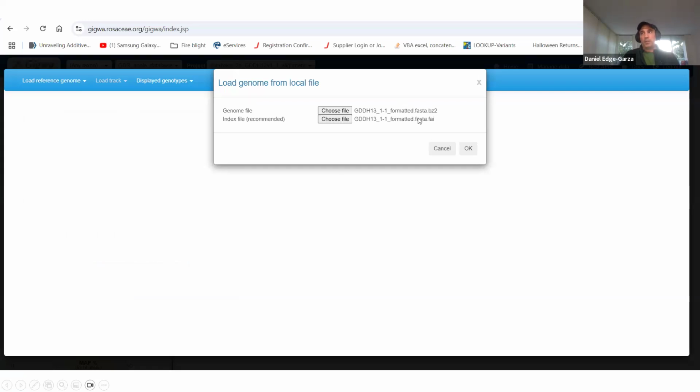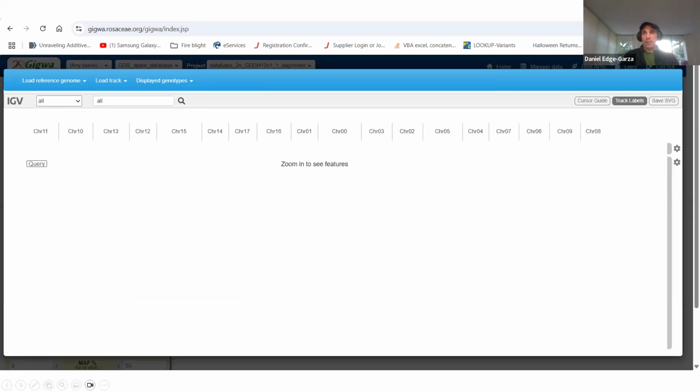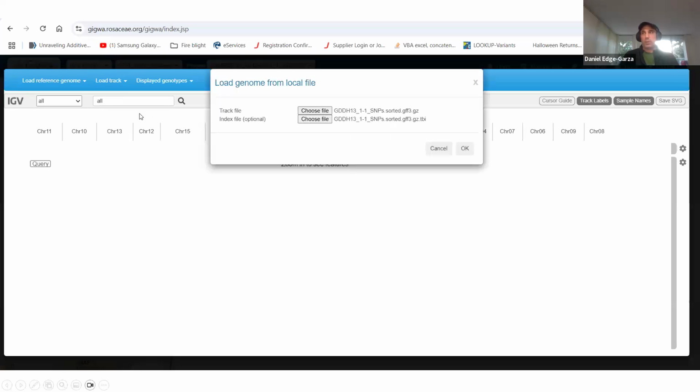And then what you need to do though is use maybe BCFtools to make an index file from that, and then you can upload those together. It takes a second to upload really, and then you get the genome along there. And then you can load the track, which will give you the annotations of the SNPs along those chromosomes. So if you pull that information again from the GDR, from INRA or any other website that has this information, you can